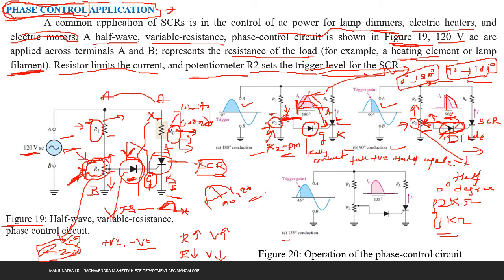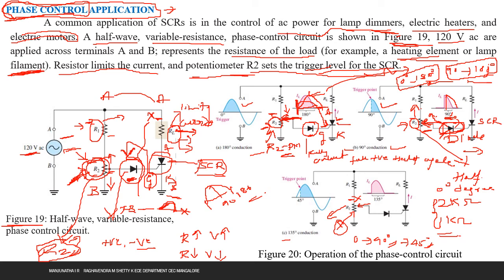Just observe the position of this potentiometer resistance. This is not at the top, and it is not at the middle. So it is in between the top and 90 degree, somewhere like 45 degree. So whatever the resistance offered by the resistance R2 is now, it is almost like the middle resistance as compared to figure A and figure B.